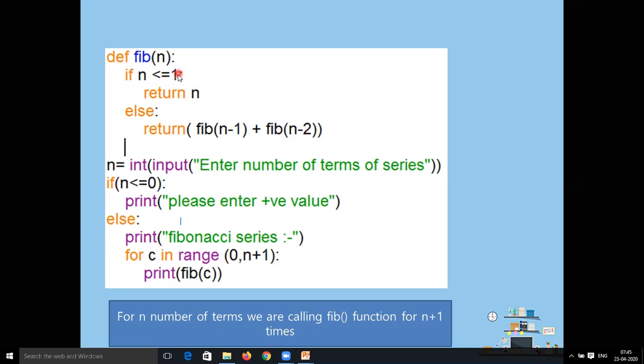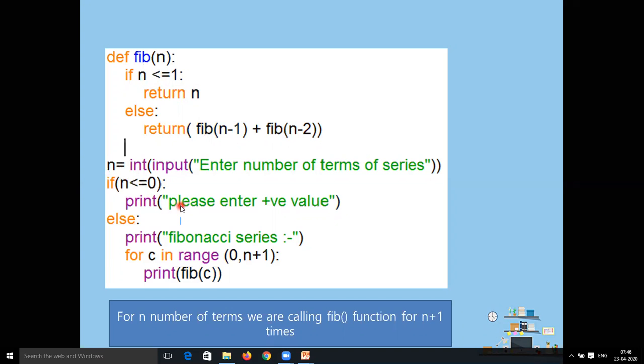And if n is greater than 1, it will call itself with the value n minus 1, and again call itself with the value n minus 2, so that we can get the sum of the previous two terms. We have taken n from the user. Now we are checking if n is less than 0, meaning it is a negative value.